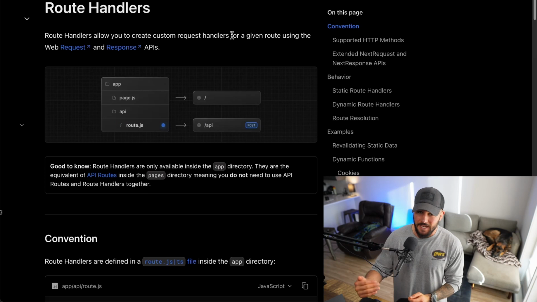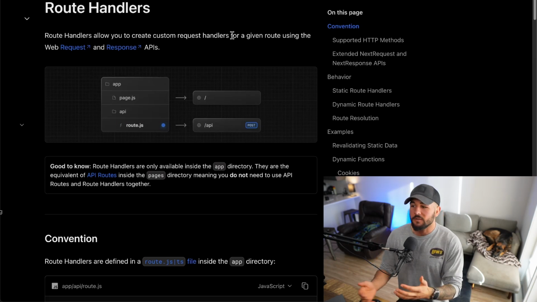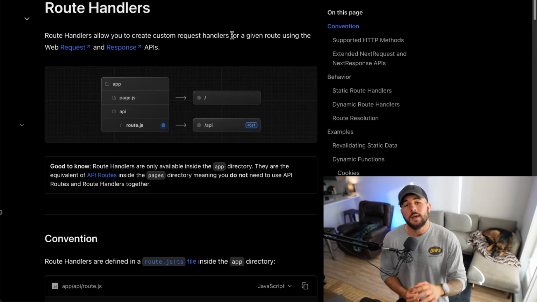Today, you are going to learn everything you need to know regarding route handlers within Next.js. We're first going to cover some examples from the docs on how they work and go over some conceptual overviews, but then we're going to dive into VS Code and get into our own personalized example of how